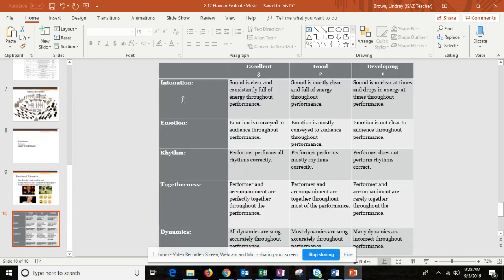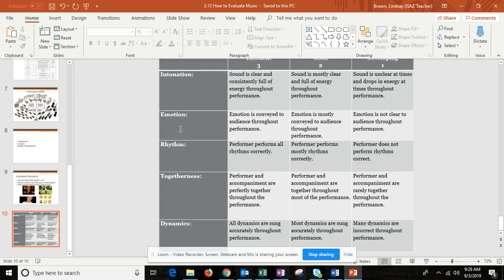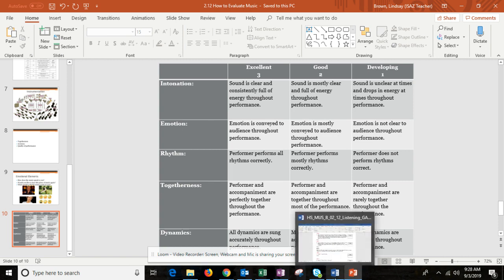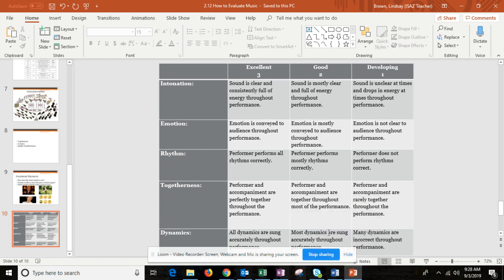I have chosen a few technical elements and then a few emotional elements, and chosen 5. I would recommend that you choose at least 5: 1, 2, 3, 4, 5. And I've given some criteria for what makes something excellent, what makes something developing, to use to evaluate songs. So if you wanted to use criteria like this, you could simply